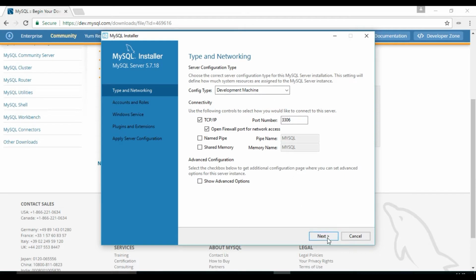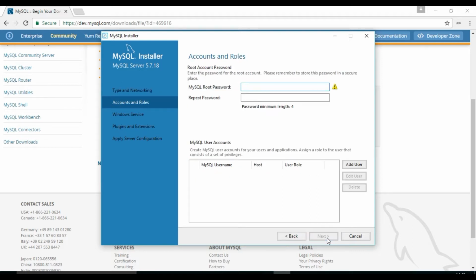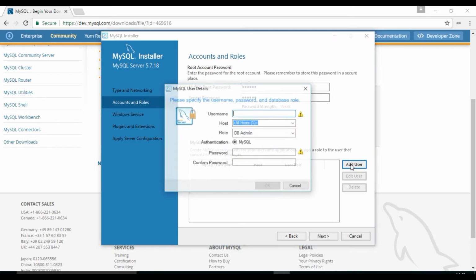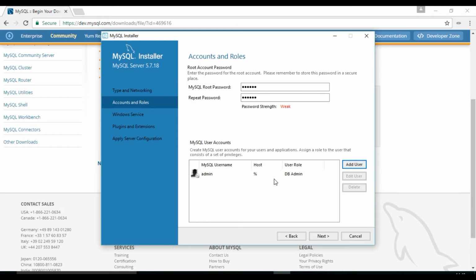We will proceed with the default settings and click on Next. Type a password for the root user, and click on Add User to create a user account. Type in a username and a password and leave the other settings as default. Click OK, click on Next,